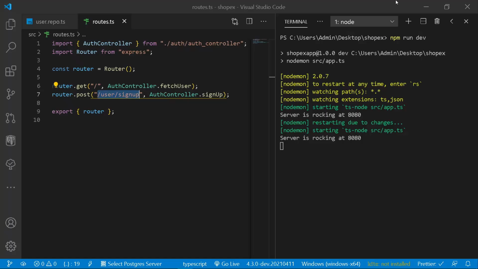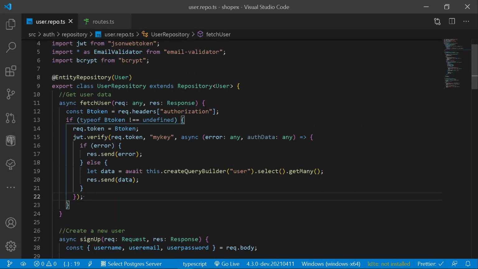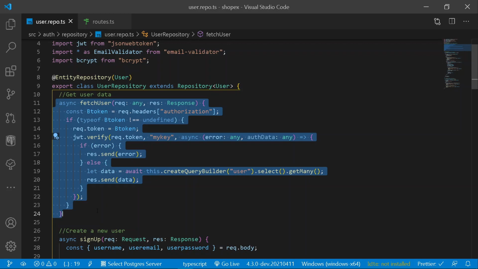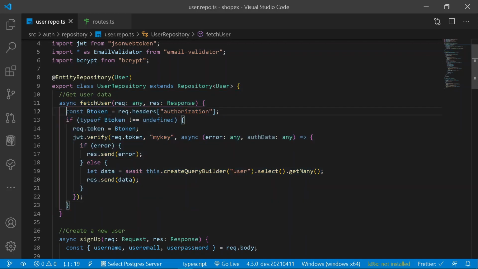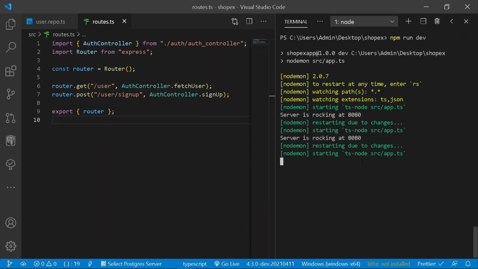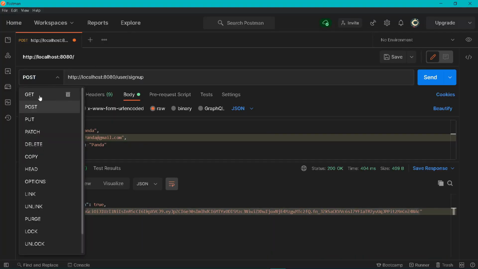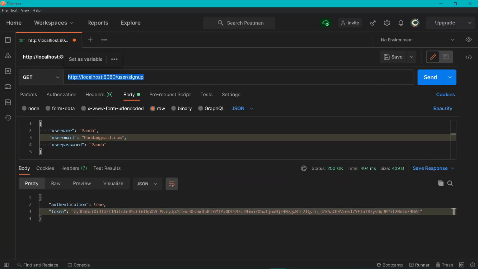So now what we are going to be doing is fetching our entire user data, which is under our database. So now let's go back under our methods, and here we have got our fetch user method where we are simply fetching all of the users available under our database. And you know what, we also need to provide here a bearer token under the authorization tab. So before moving forward, let's have a new route of user, just like this. So now let's open our terminal, let the following thing be loaded up. Cool, so let's go back, and here let's get everything. But before that, let's add a path of users only for getting all the data.